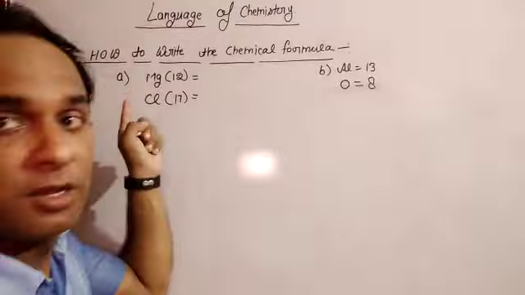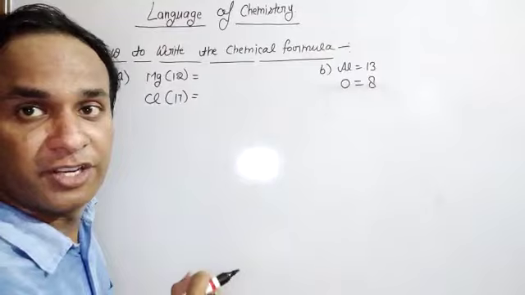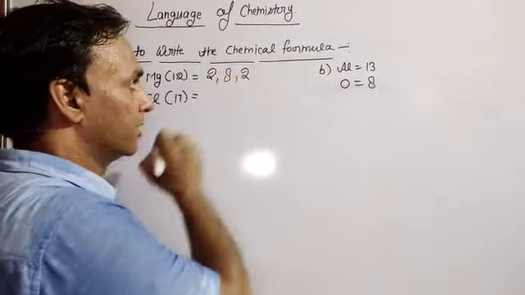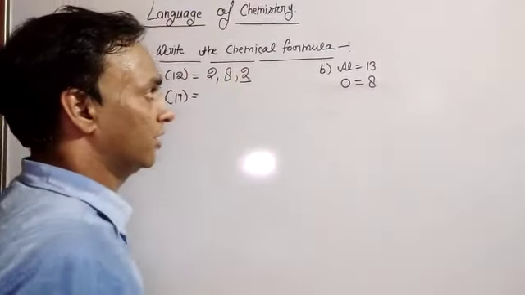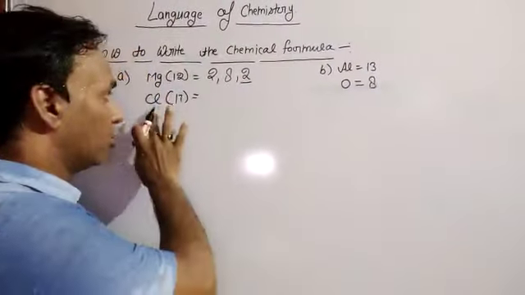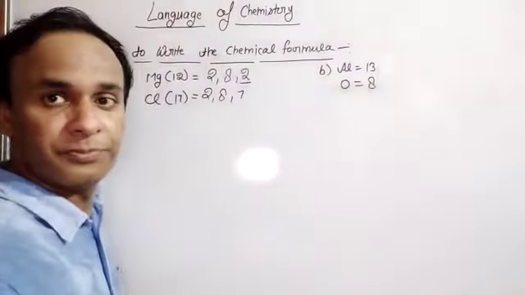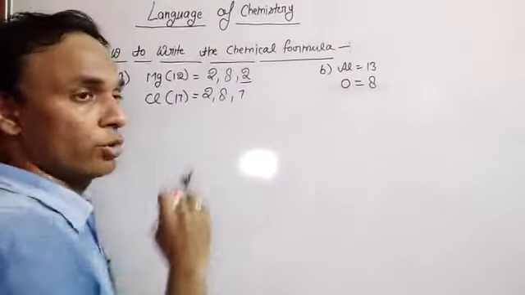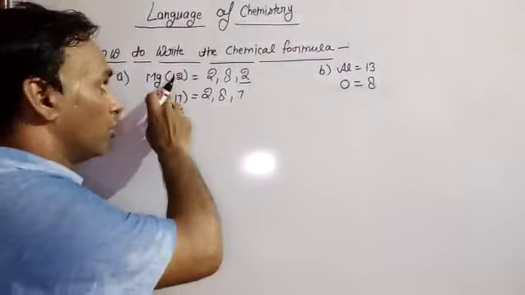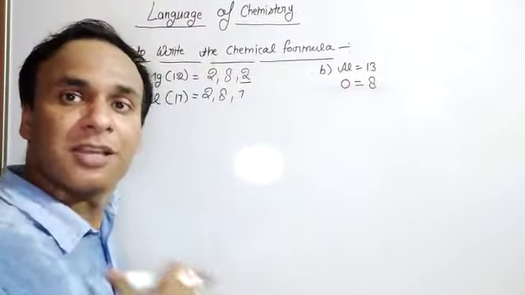This is magnesium, whose atomic number is 12, and when we do the electronic configuration of this element, the electronic configuration is 2, 8, 2. Magnesium consists of 2 electrons in the outermost shell, so it is considered to be a metal. When we talk about chlorine, its configuration is 2, 8, 7. Due to 7 electrons in the outermost shell, it is considered to be a non-metal. Now, we want to find out the valency of magnesium and chlorine, that means a metal and a non-metal.